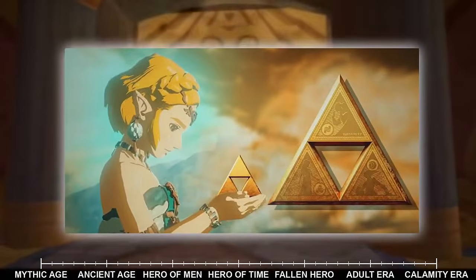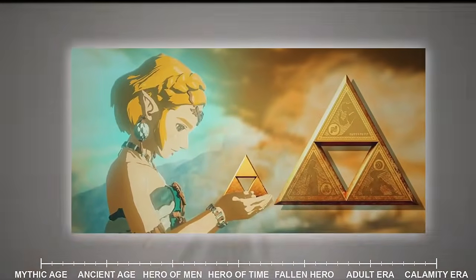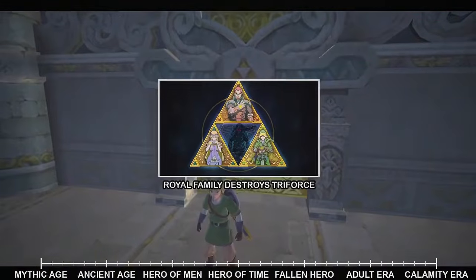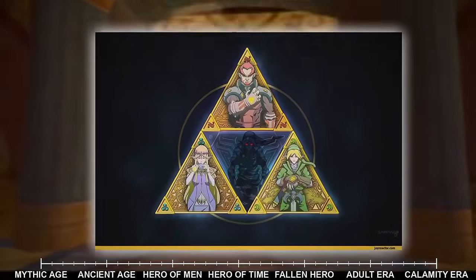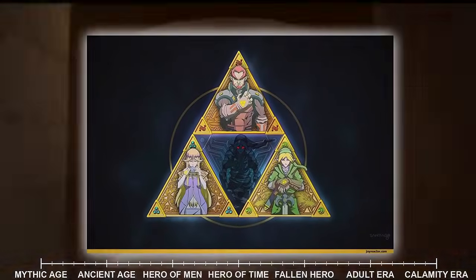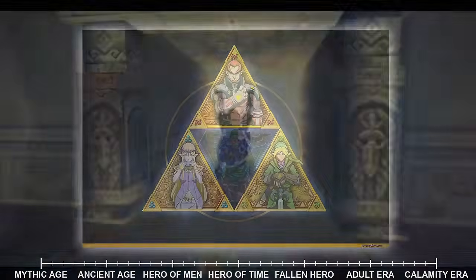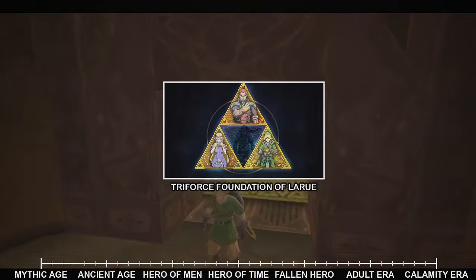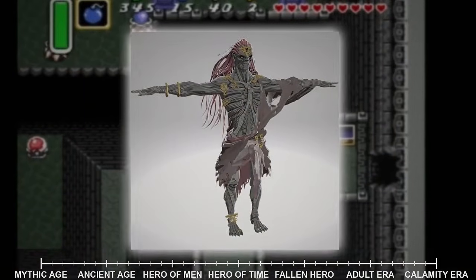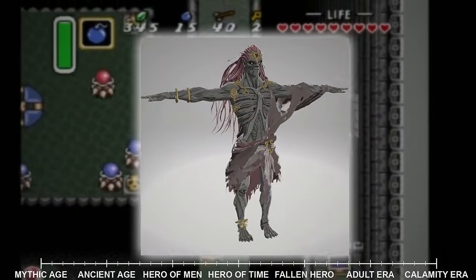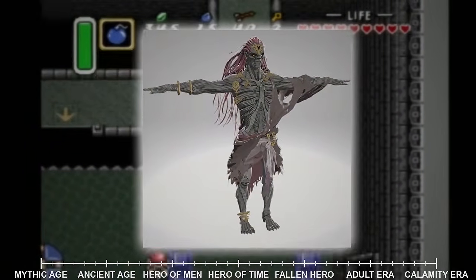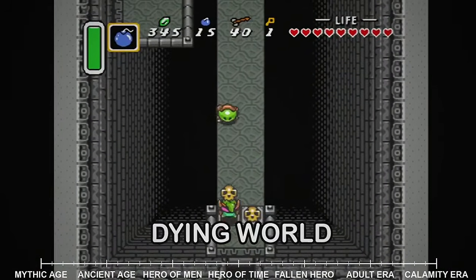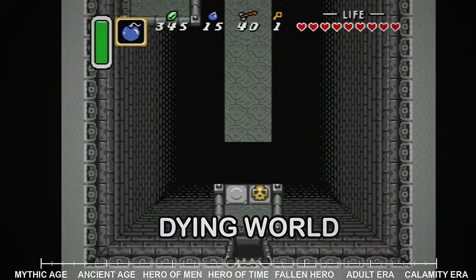In an act of desperation, Lorule's royal family made a fateful decision. They destroyed their Triforce, believing that eliminating the source of so much strife would bring lasting peace. They were wrong. The Triforce was not merely a prize to be fought over, it was the very foundation of Lorule's existence, the divine power that maintained the stability of the realm itself. Without it, Lorule began to decay. The land crumbled, the sky darkened, and the people faced slow extinction. By the time of Link's adventure, Lorule is a dying world, a shadow of its former glory desperately searching for